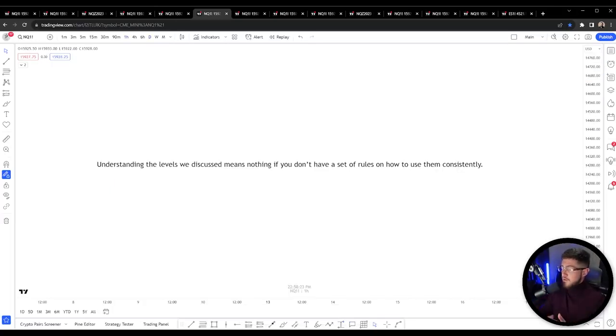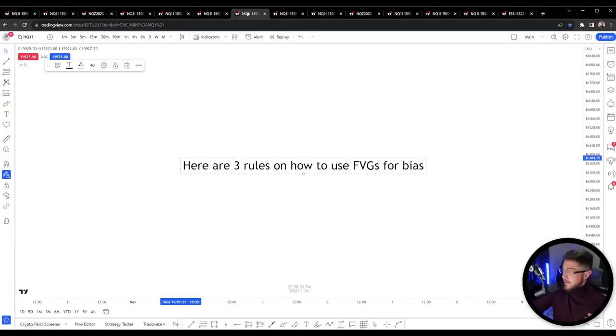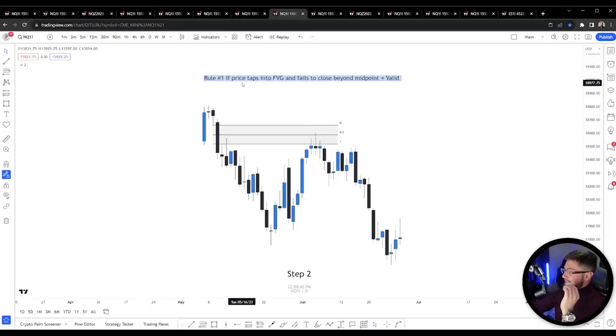But I want to be very clear that just understanding these levels alone means nothing if you don't have a set of rules on how to use them consistently. So here are the 3 rules on how to use these levels for fair value gaps for bias. Rule #1 is that if price taps into the fair value gap and fails to close beyond the midpoint, then